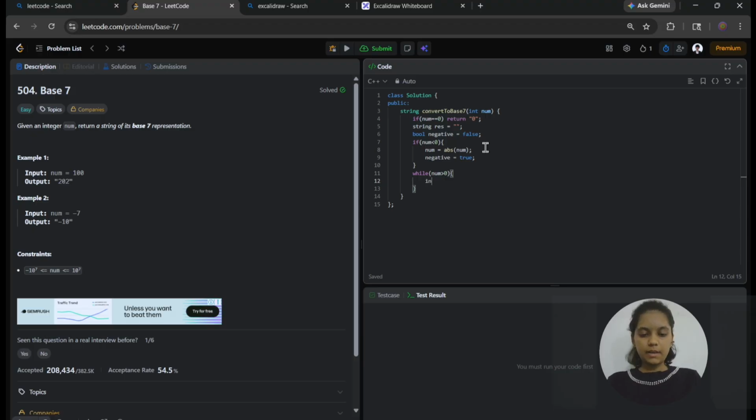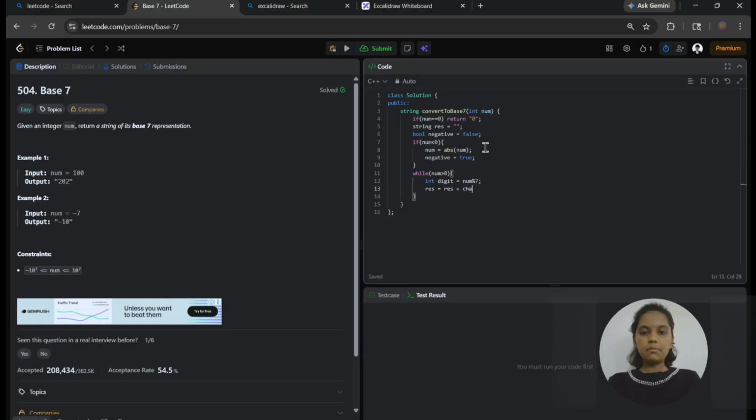After that, I am taking the variable digit, which stores num modulo 7. Whenever I do the modulus of a number with 7, it stores the remainder in the digit variable. After that, I have to add the remainder to the resultant string.